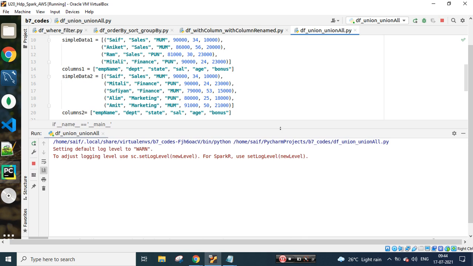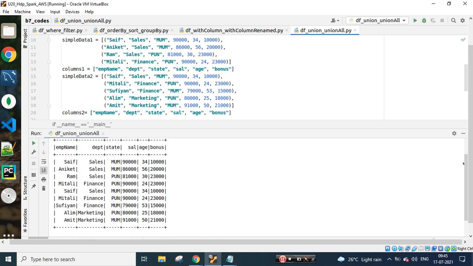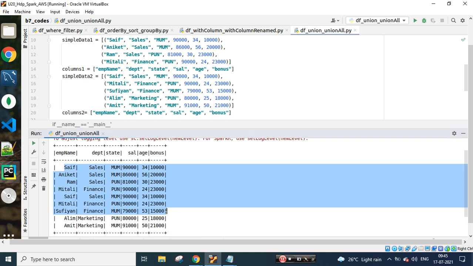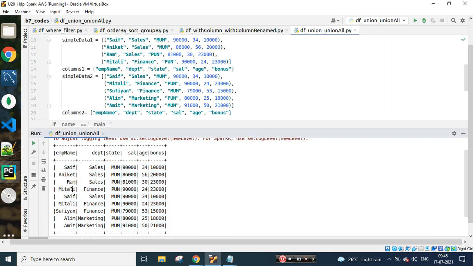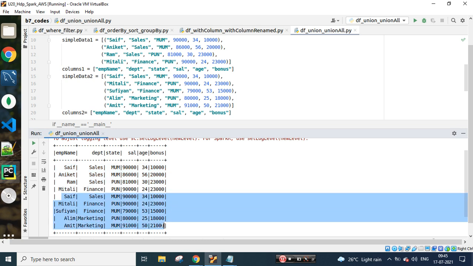Then the question comes, if both are not removing duplicates, then how can I remove the duplicates? That's where your other transformation functions like distinct come in, if you want to remove across all the columns. If you want to remove based on, let's say, 2 columns or 3 columns, then drop duplicates comes into the picture. If you see how many rows we have, we are having all the data. For the first file, this is the data, and for the second file we have this data. Even if I apply